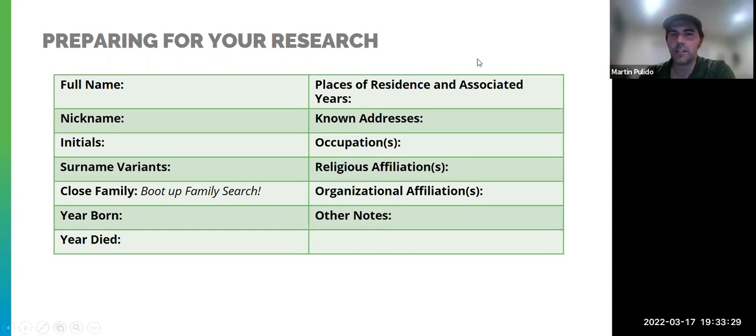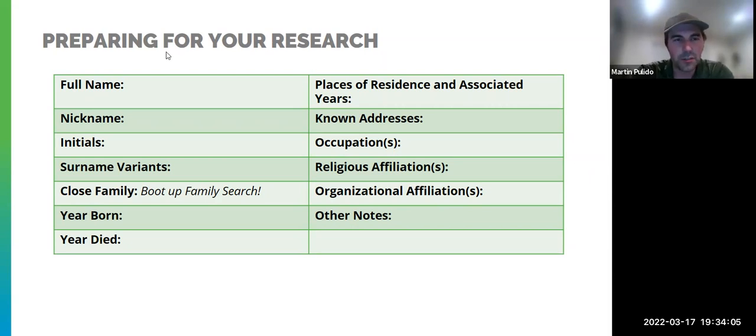The next obvious place to look, as you can imagine, would be, well, where have they resided? I'm going to be searching for a John Johnson. Well, I'm going to find perhaps a lot of results. But if I know it's just a John Johnson in Bedford, Texas, then suddenly it's a lot more limited in focus. You may not get Bedford, but just knowing Texas, the state, the county, other places that they lived, that will help you. If you've got a known address, that's great. Make sure that you note that or be aware of that.